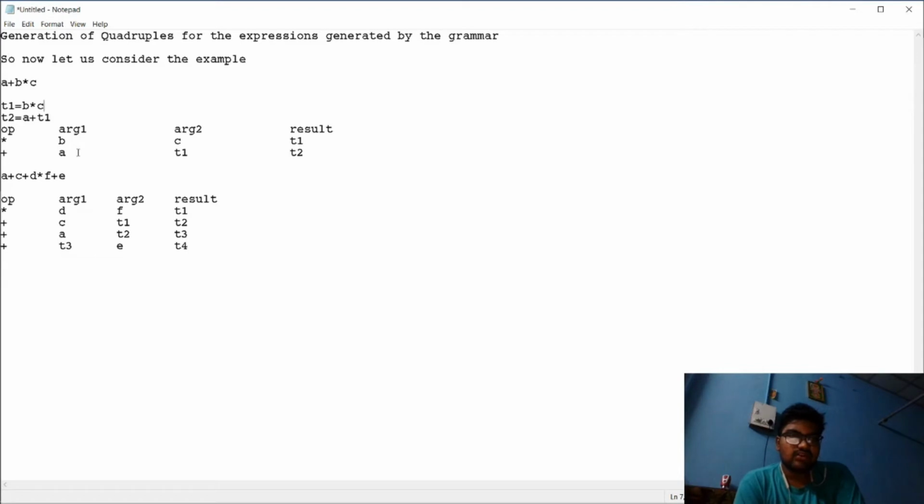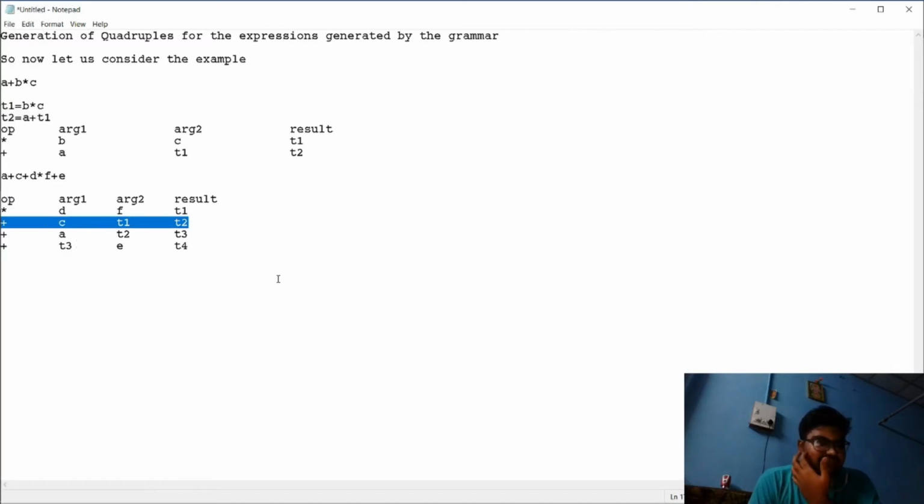Let's now get into another example, a plus c plus d star f plus e. Here the star operator is used first, so d star f is stored in result t1, and then t1 is added to c and stored in t2.